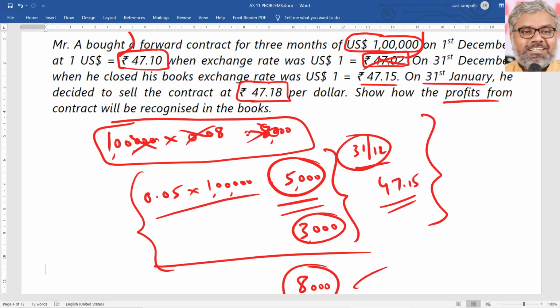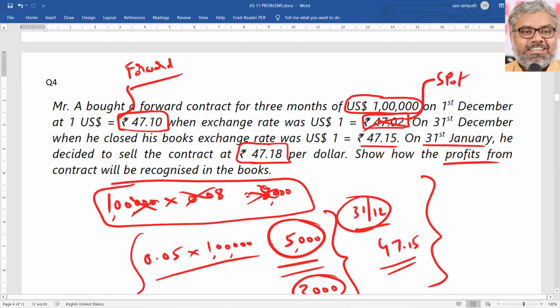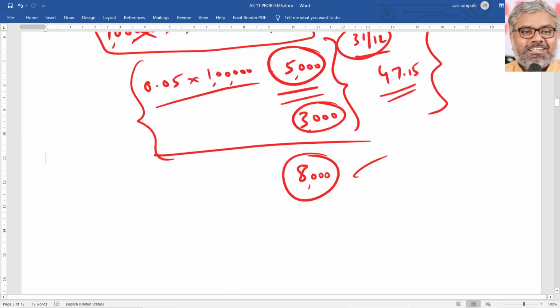If at all there is an investment, some amount that is really there, then it can be done. In this case we don't know. He just bought a forward contract, so what is the actual entry for that transaction? He didn't do anything. No money involved. He just signed one paper. That is called a forward contract. That itself will not bring in any transaction or money-related measurement of that contract. So in this case it might not be easy, though the standard said to mark to market.